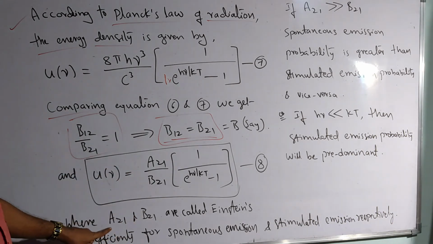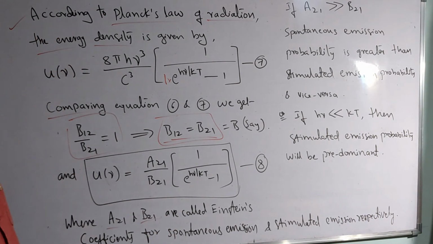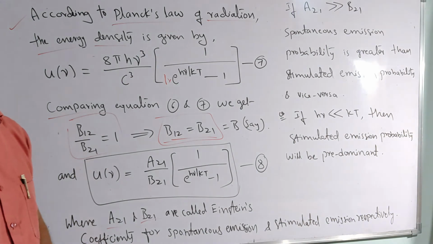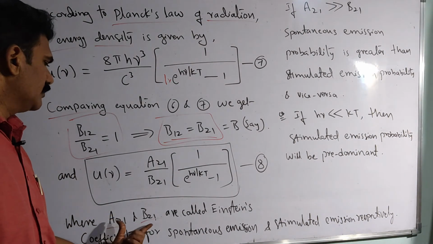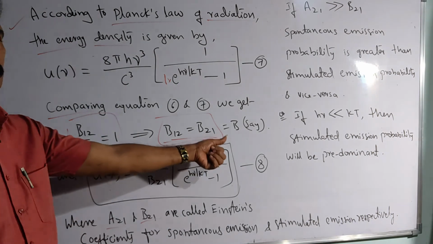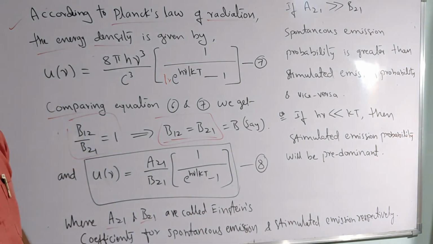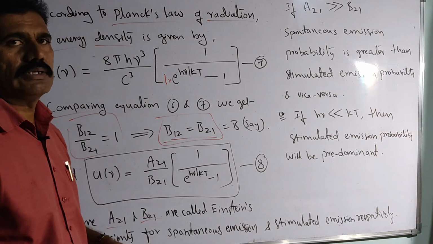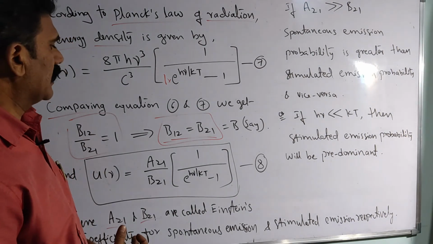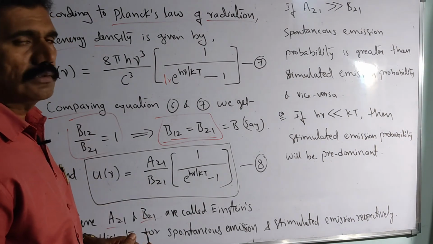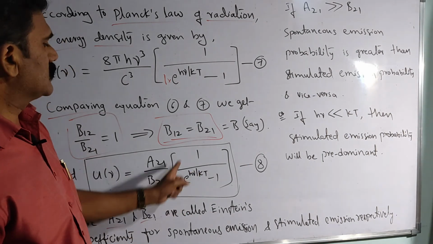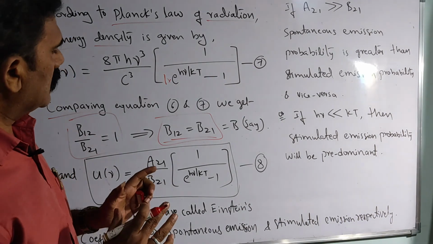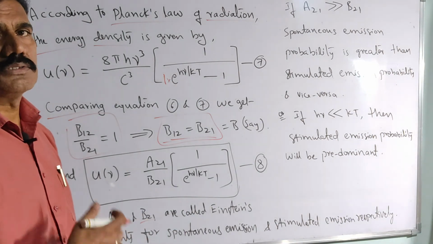So now in this equation we can write A21 and B21 are the constants called Einstein's coefficients for spontaneous emission and stimulated emission respectively. Okay, so we have distinct constants A21 and B21. Of course you can call B21 just B also as a constant for the stimulated emission. Now in this final equation, u of nu, the radiation emitted in the system depends on what factors? It depends upon the ratio of A21 by B21, and upon the value given by e to the power of h nu by kT. So based on that we can consider what type of emission it is, spontaneous emission or stimulated emission.